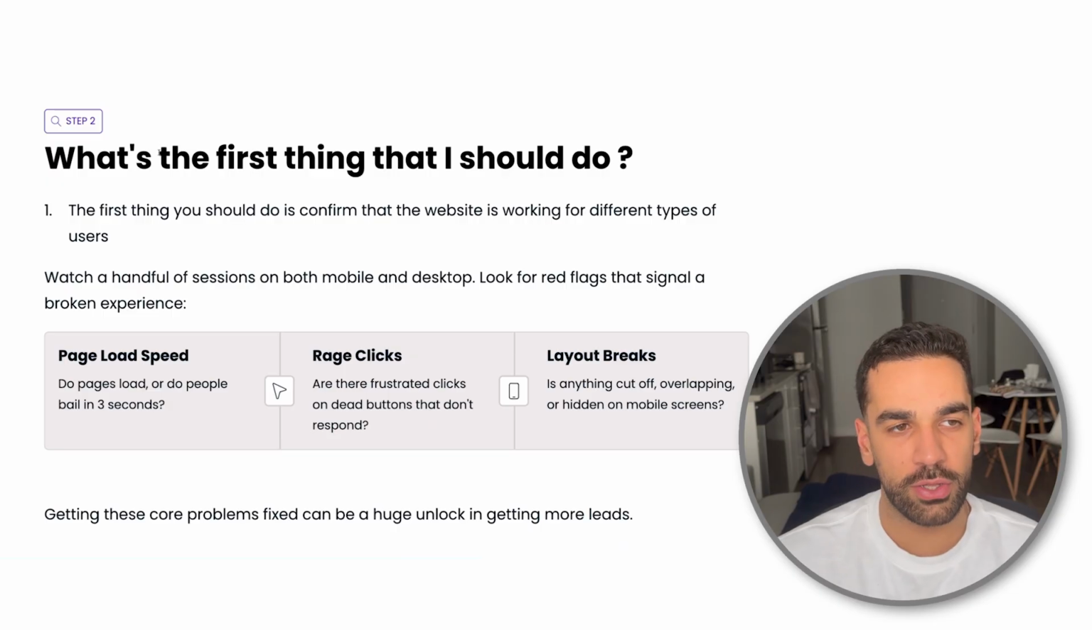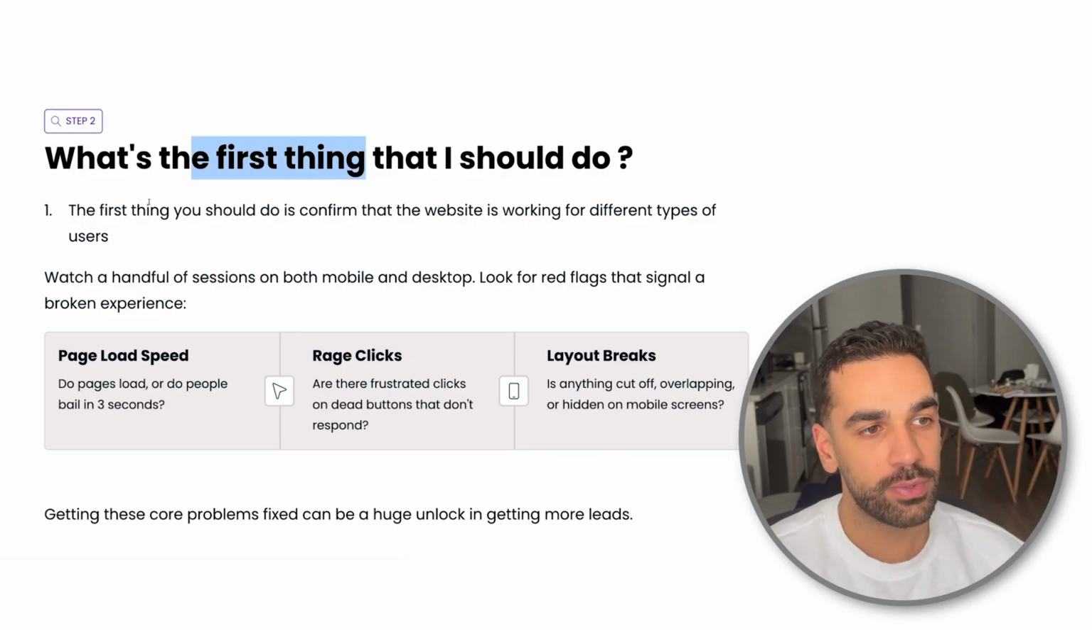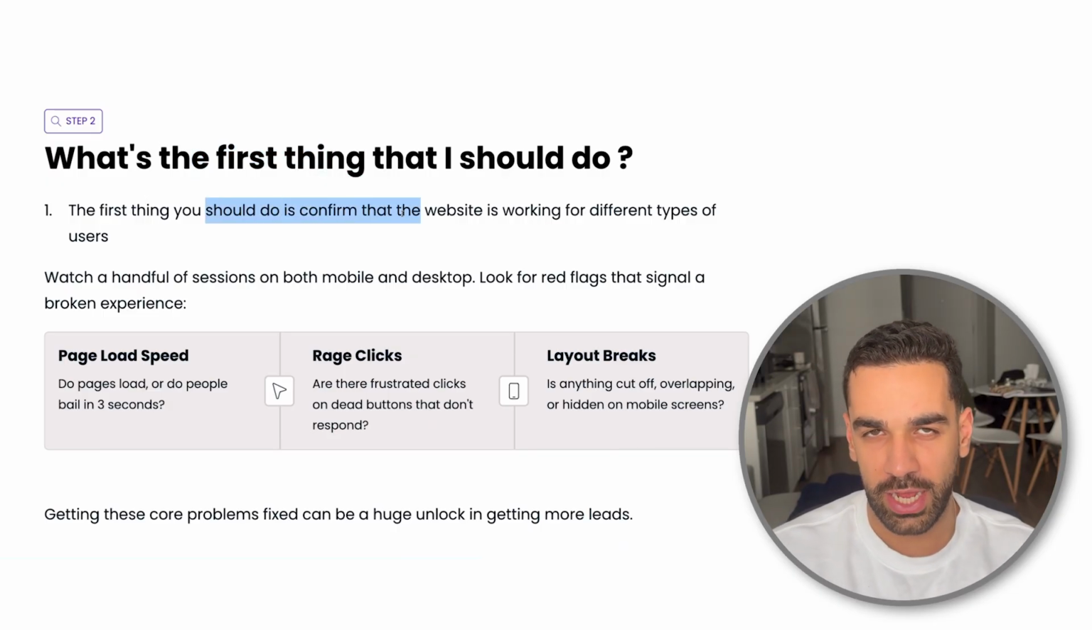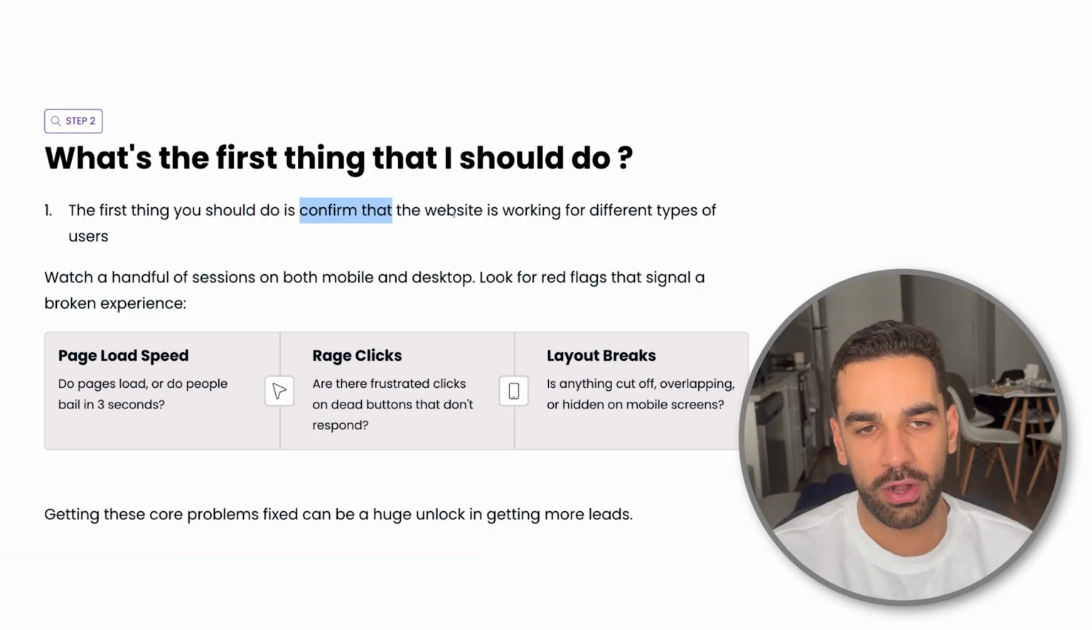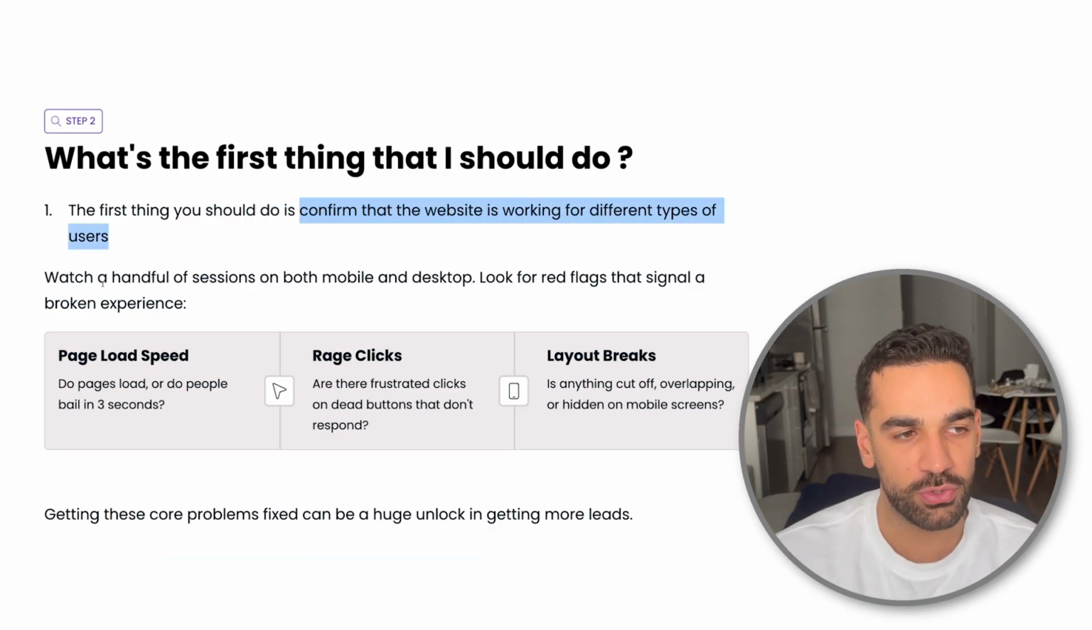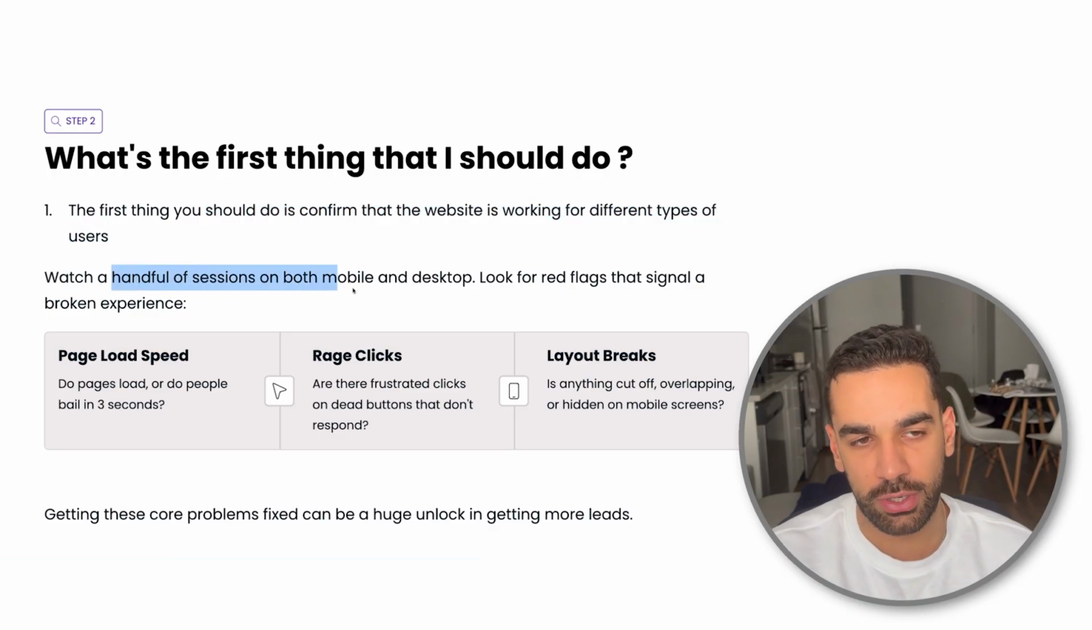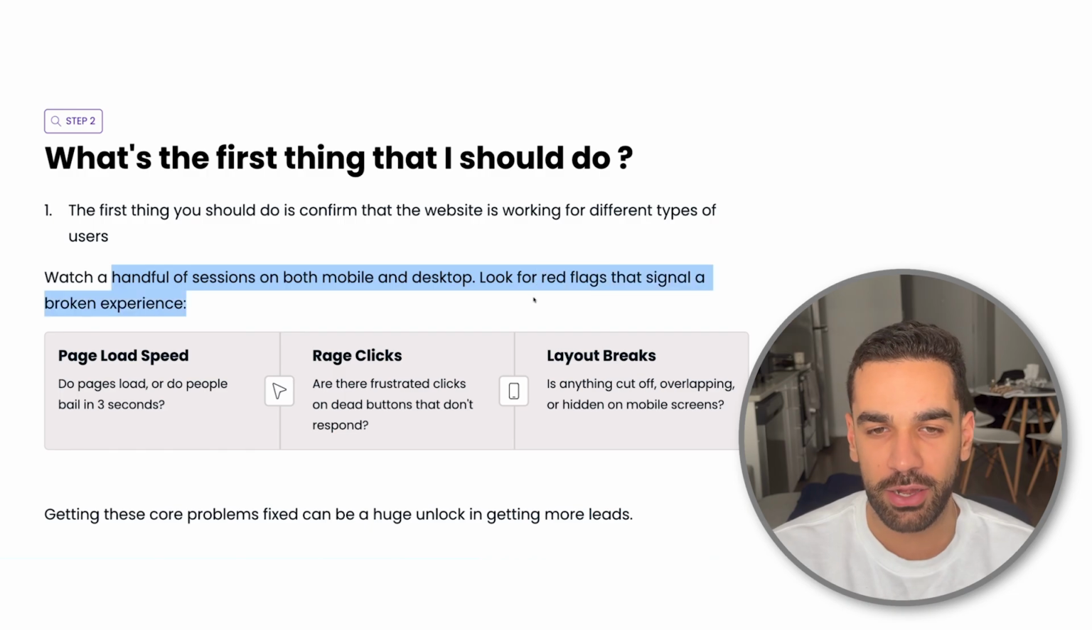So let's say you install it. What's one of the first things that you should do? The first thing that you should do is give it a few days so you can actually start collecting recordings. And then you want to confirm that the website is working for different types of users. So you should watch a handful of sessions on both mobile and desktop